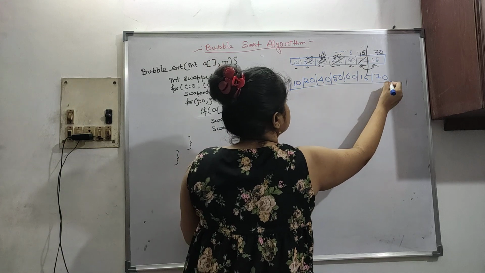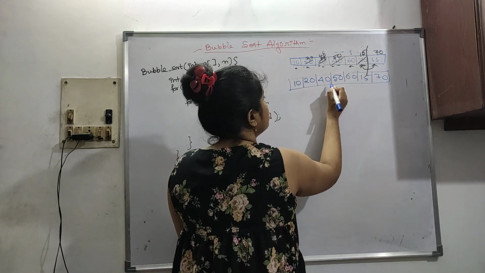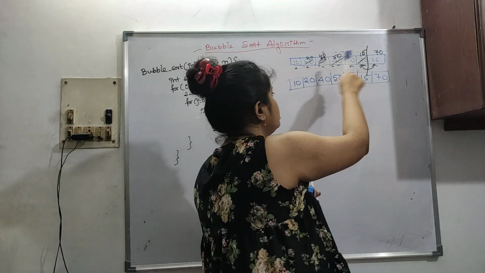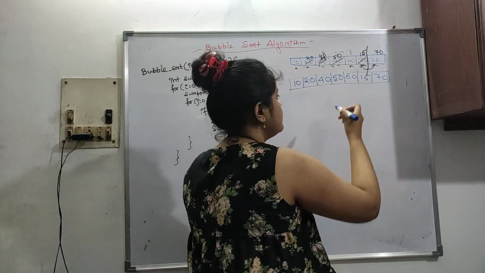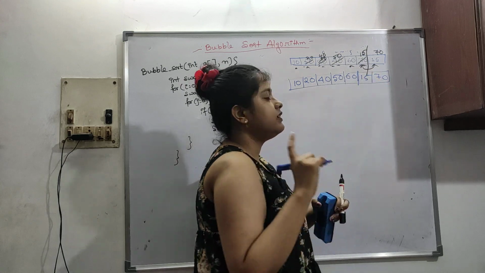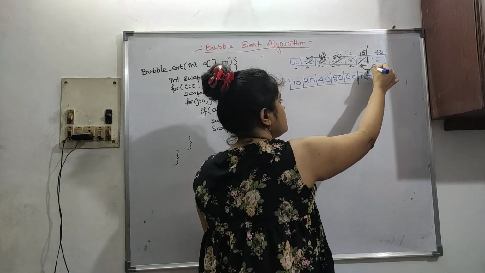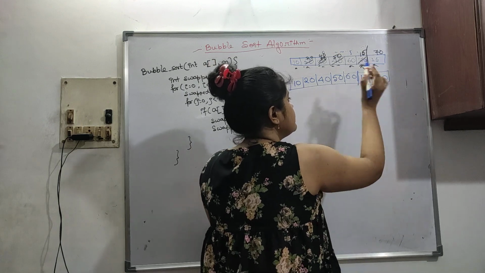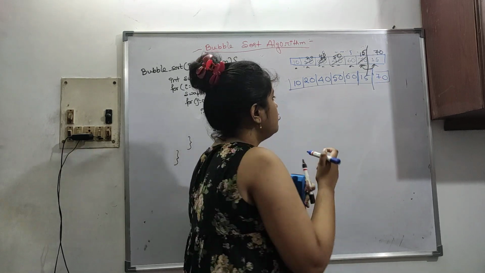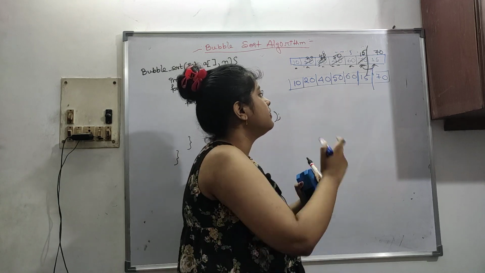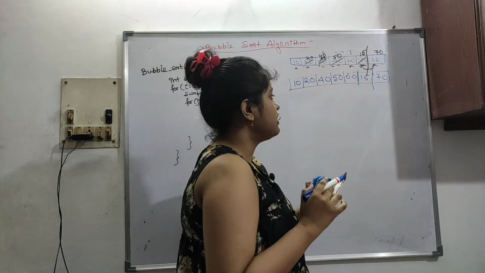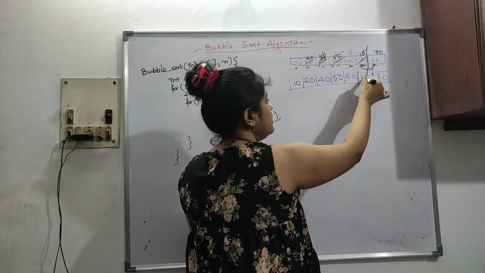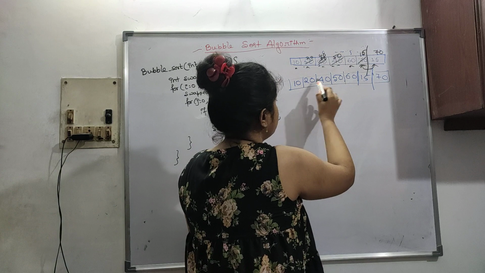You can see that 70, the highest number among all these, is at its correct position, meaning 70 is at the rightmost position. Up till this it is okay. Now you must be thinking that it is sorted, but no, it is not sorted. Be careful here: 15 is not in its correct position, 15 is less than all these elements.